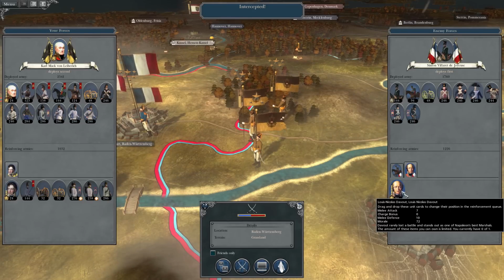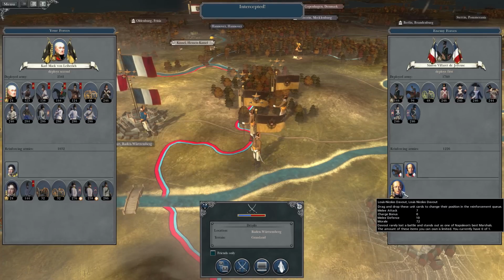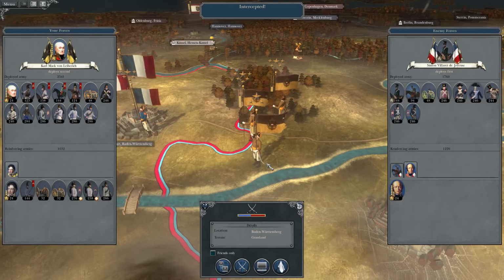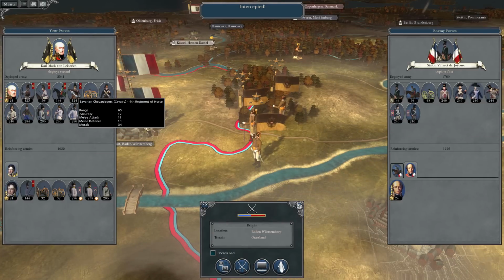Davout rarely lost a battle and stands out as one of Napoleon's best marshals. And then he's in command of all these non-French troops. With this head, however,